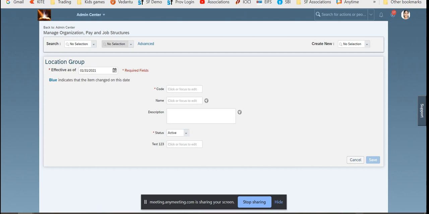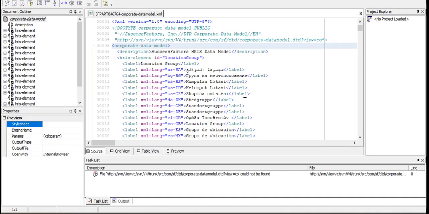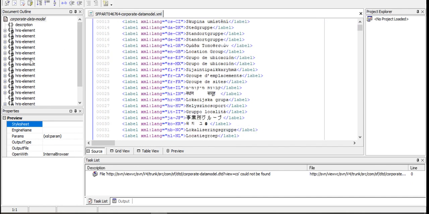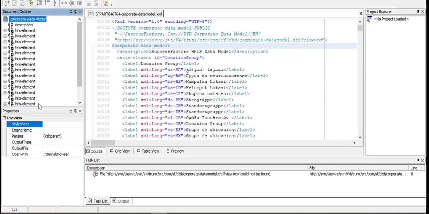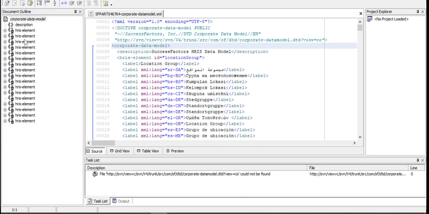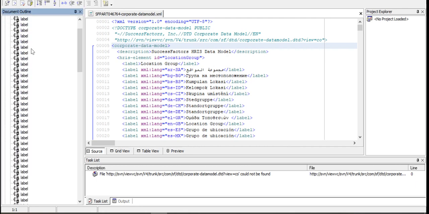Okay, so whenever we are doing actual location changes, whatever changes we are doing, we modify the XML data models using something called XML pad. This is how the XML pad looks like, and this is how a corporate data model looks like. These are all the different fields on the left hand side. I hope you're able to see my screen. On the left side, these are all the different objects of the corporate data model. So when I click on plus,